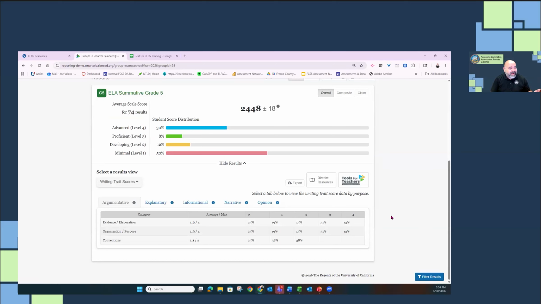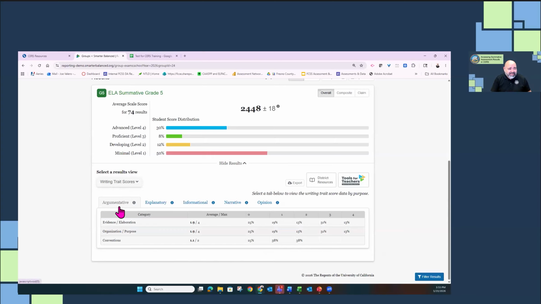So typically in 5th grade, we wouldn't have the 5 different genres that are assigned. We usually have 3. So just once again, keep in mind, I'm in a sandbox account. Your account will show the 3 if you're in the live environment. So we're looking right now and we can see our writing trait scores, what is contributing partly to these overall